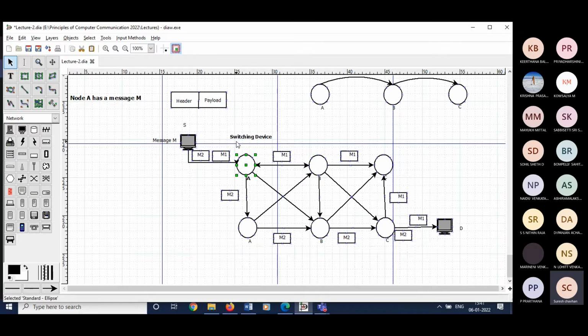Means it has to see the header, correct? So where is the destination address, right? So that destination address, once it is confirmed, suppose in this way it will be reaching the destination, right? Then it has to select this route,